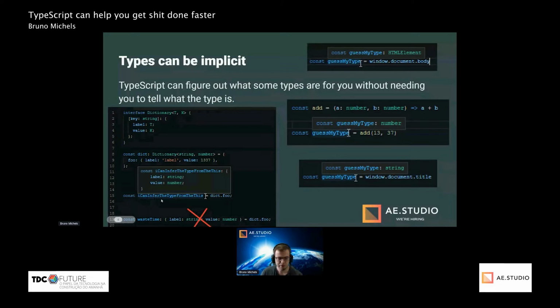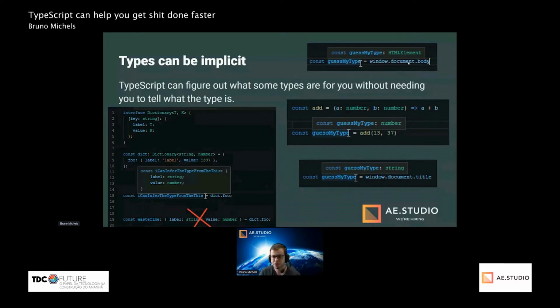So when we create a new variable and assign to another variable, the type is going to flow through this variable into this variable. So we don't have to say, oh no, this variable is this type and it's receiving this variable that's the same type, because TypeScript can automatically detect the types for you and it flows the type over and you have the type and you don't have to write everything.